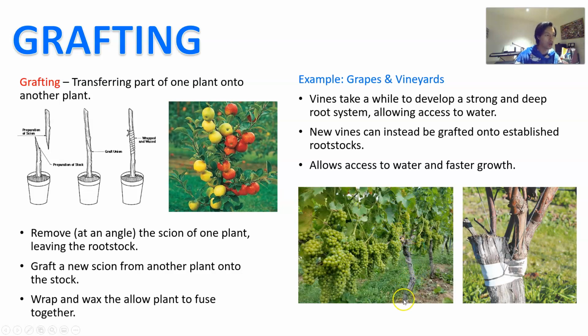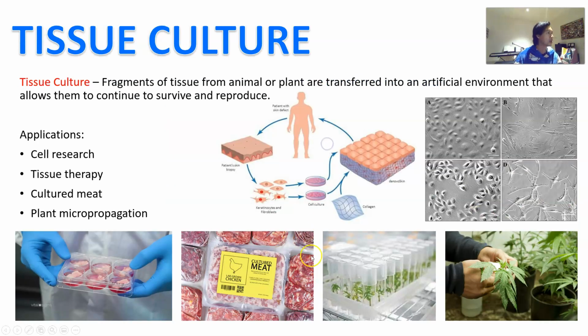That's actually an old vine that's just been left there, and then it just thickens over time, and then they graft the new one onto that, allowing them to get access to water, which is pretty remarkable. Okay. Tissue culture. Tissue culture is when you have fragments of tissues from plants or animals that are transferred